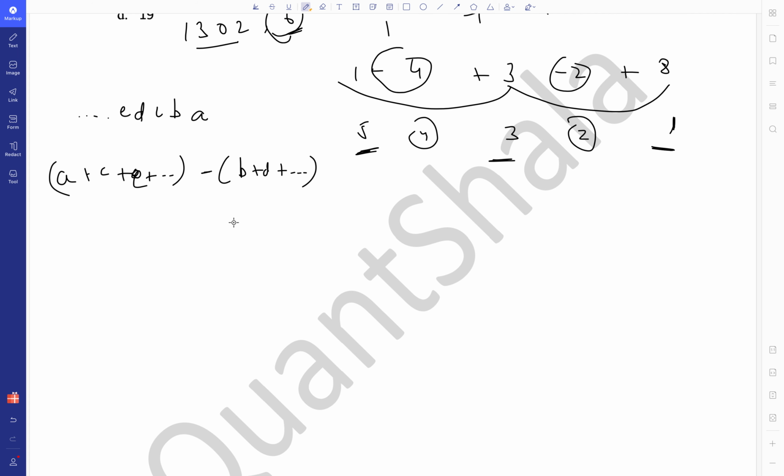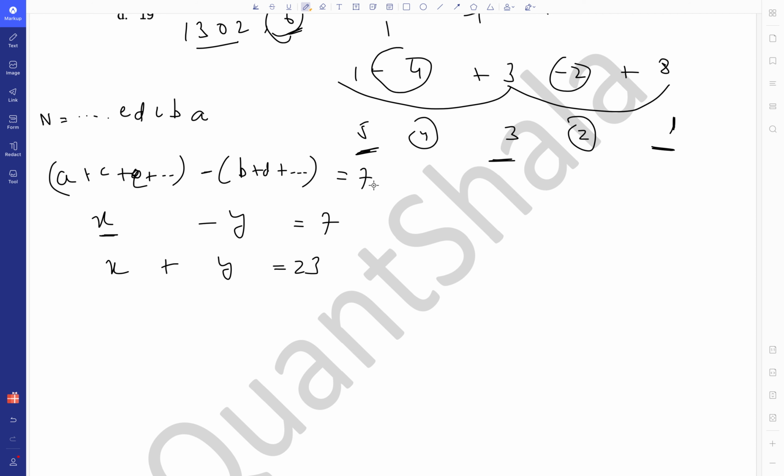So now let's say this is our number, equal to n, which we want to know. The remainder with 11 is given as 7, that means this is equal to 7. Or you can write this as x minus y is equal to 7, where x is the sum of odd position digits and y is the sum of even position digits. Okay. Also we know that x plus y is given as 23. The sum of all the digits is given as 23. Okay.